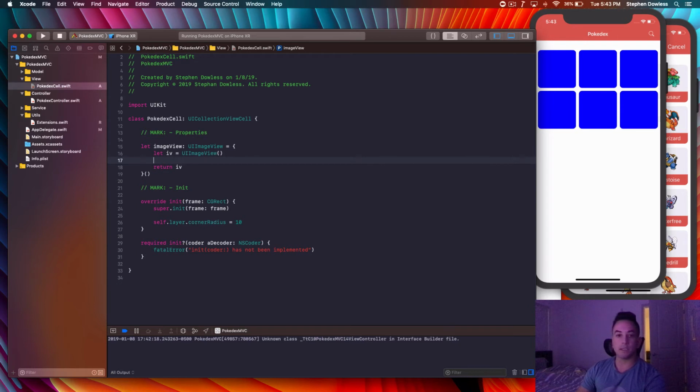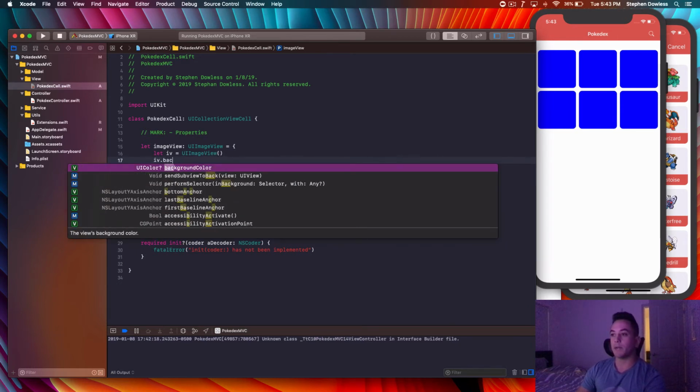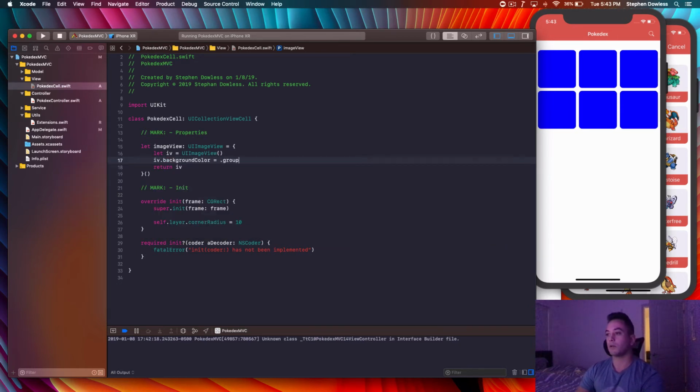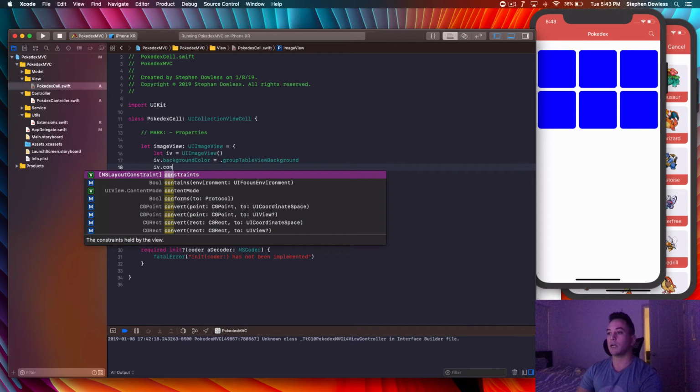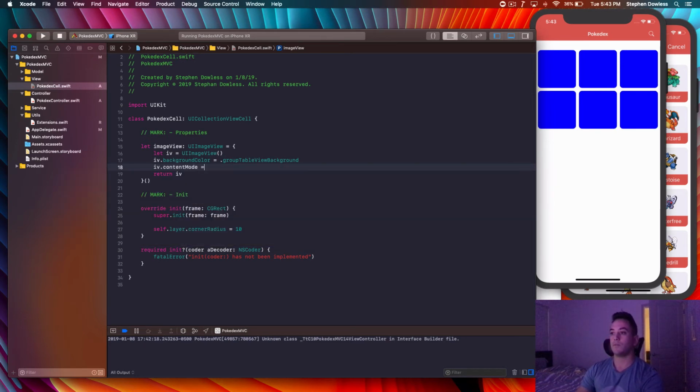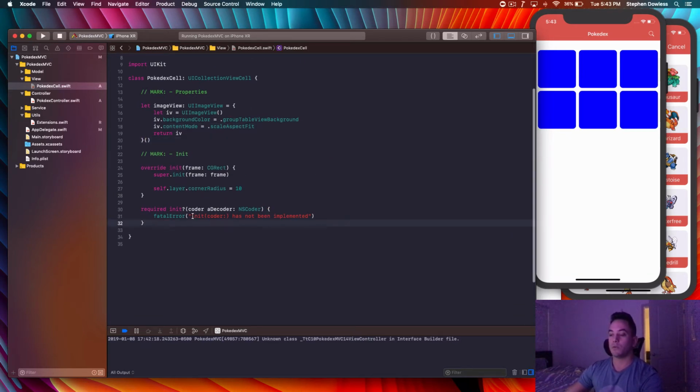So I'm going to say iv.backgroundColor = .groupTableViewBackground, and iv.contentMode = .scaleAspectFit. Okay, so that's going to be our image view, and here we're going to go down here,